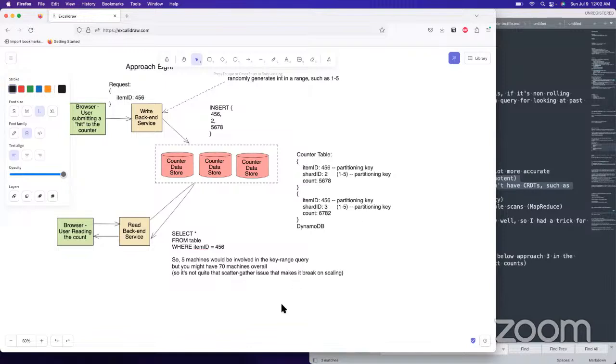I have seen this get screwed up in implementation before, where somebody gives it a range of 1 through 100, but it's clearly not using 100 machines, and so it does actually do a scatter gather on those. You can also optionally do only some. You could also have a shard ID of null, and then it would only go to one machine.